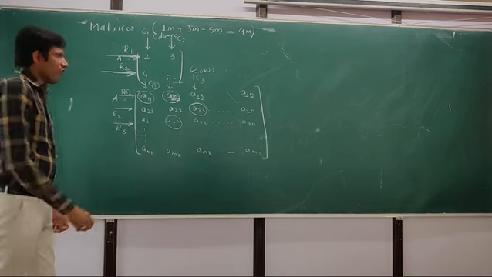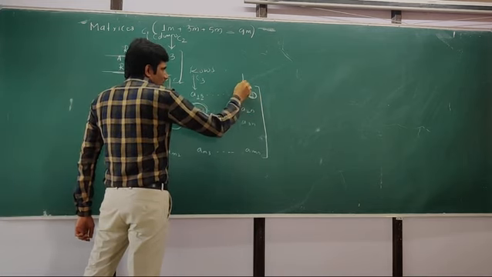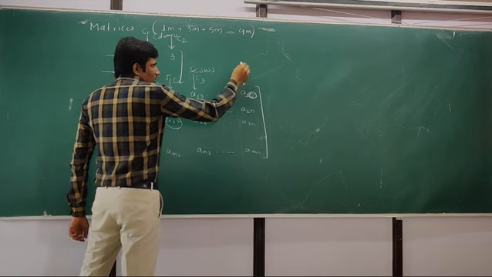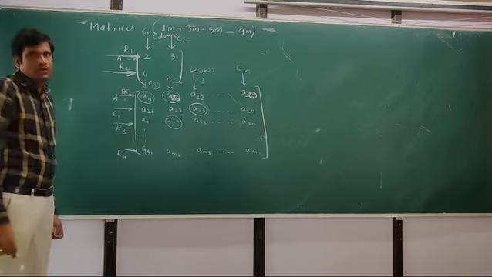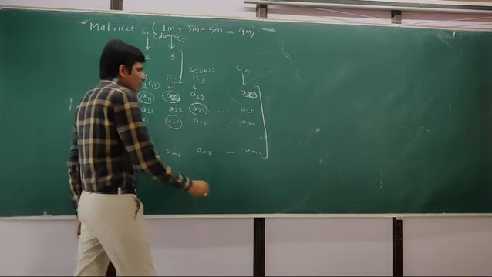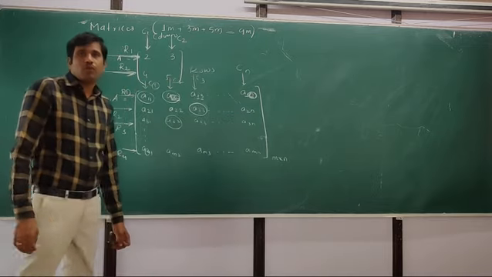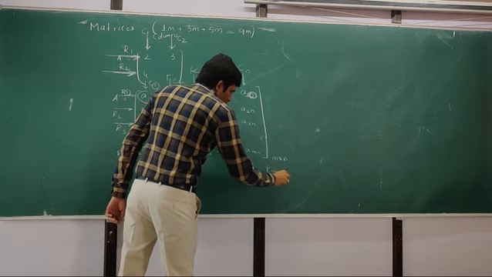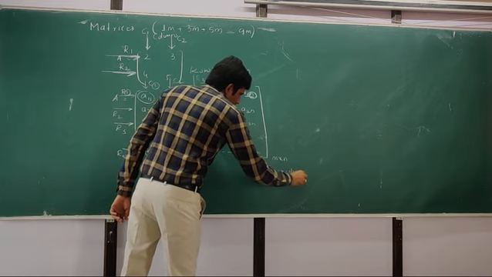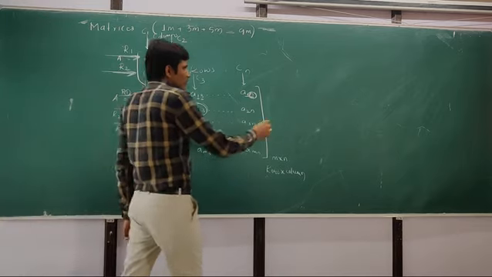So finally, in general, how many columns does it have? This is the nth column, so it has n columns. How many rows does it have? It has m rows. Right? Therefore the order of this matrix we call m into n, or m cross n. In general it is represented as the number of rows into the number of columns, and that we call the order of any matrix. Now we will give some examples here.